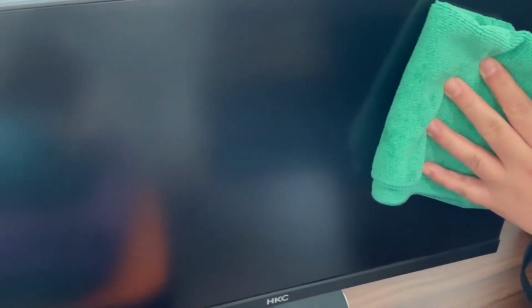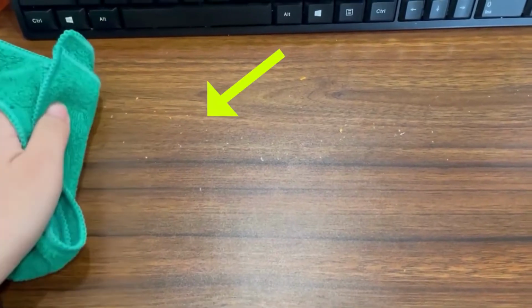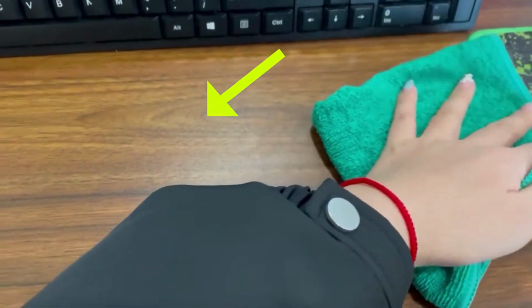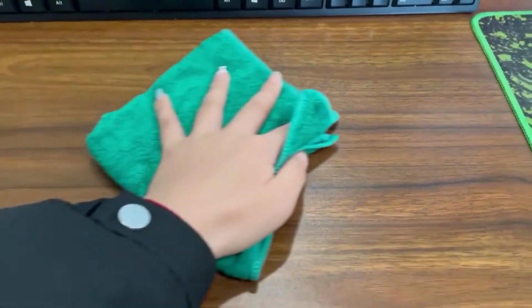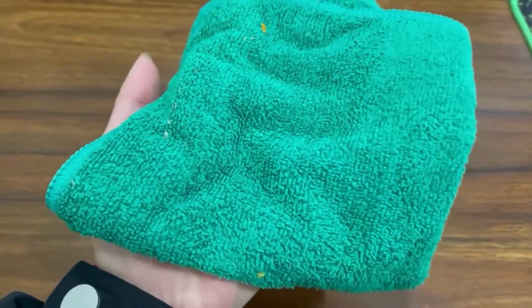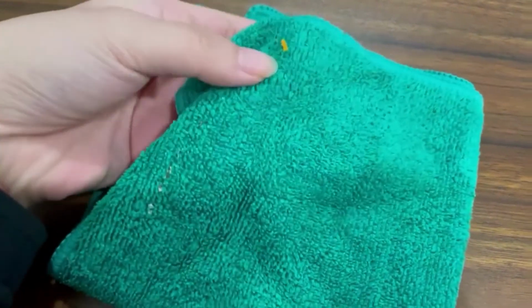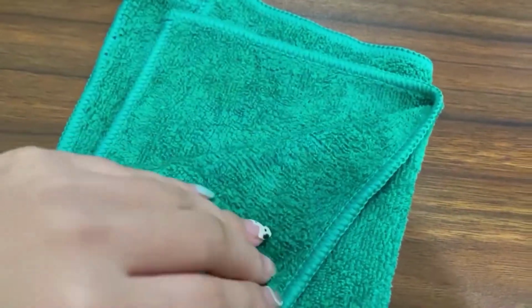Wipe the dust on the LCD screen to make the screen clearer without traces. Look at the dirt on the table, wipe it off with our microfiber towel. It is very clean. The microfiber towel can absorb the dirt between the fibers. The dirt will not enter the inside of the fiber, and the fiber is high in fineness and density. Therefore, the absorption capacity is strong, and after use, you only need to wash it with water or a little